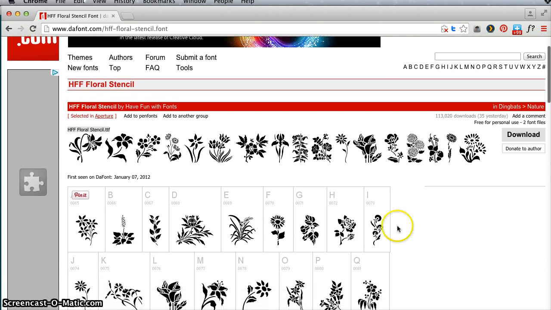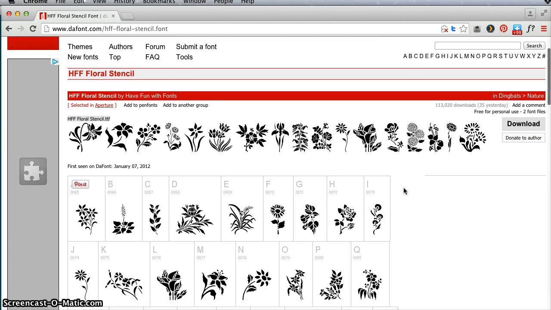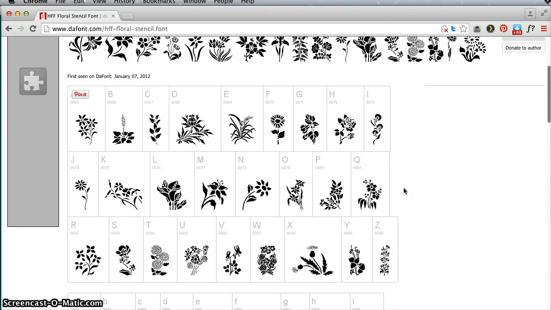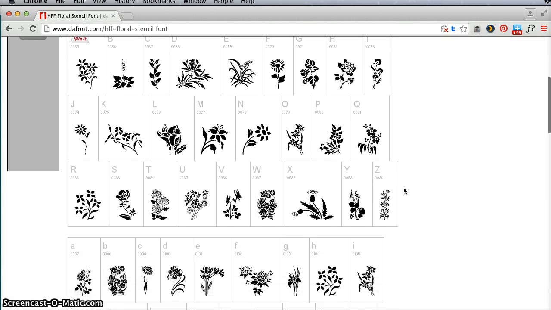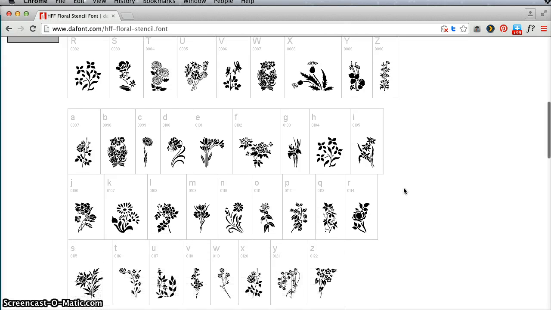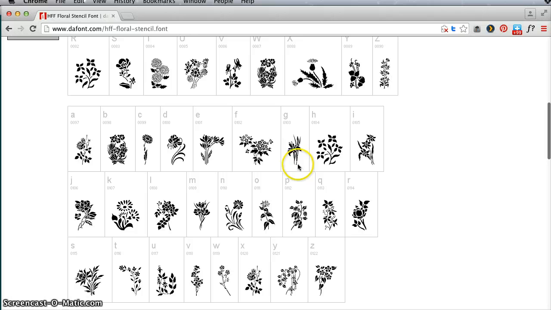I've already downloaded that using the safe gray button over here and installed that on my computer and restarted Silhouette Studio so it'll be there when I go to work, but I'm going to use this font character map at DaFont to pick the one I want. And I like this iris image here that's in the lowercase g, so I'm going to keep that in mind,